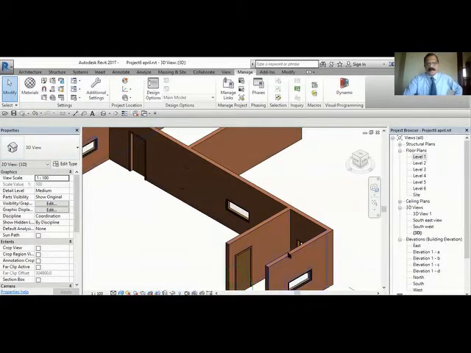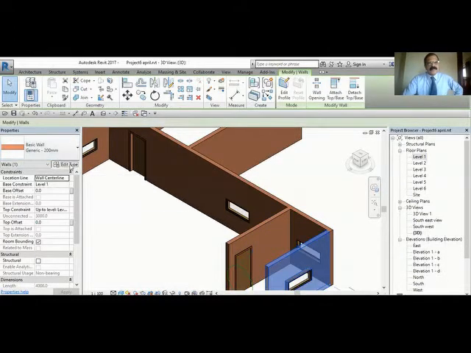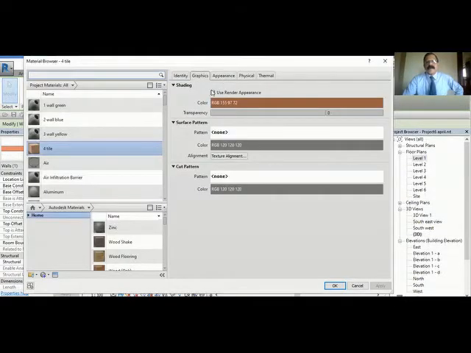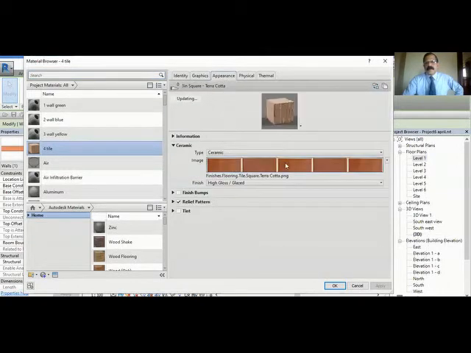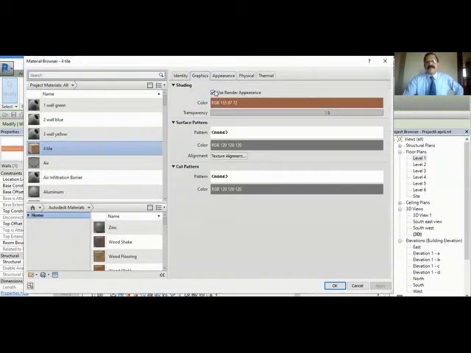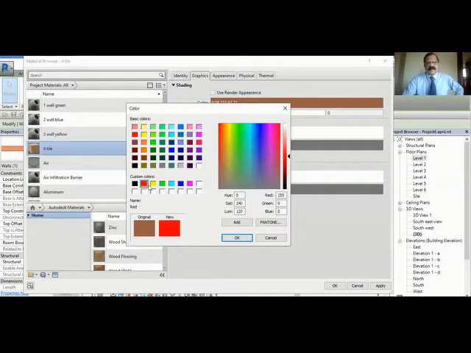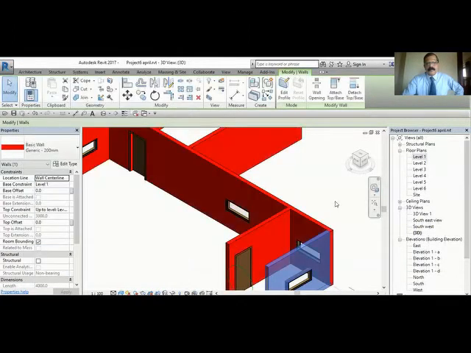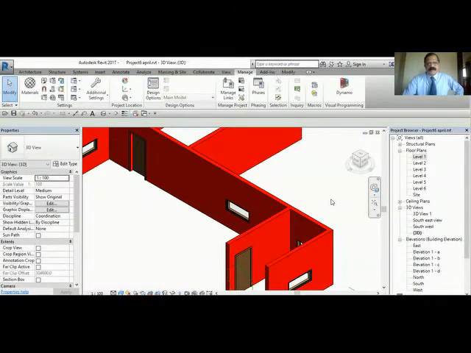Okay, you remember that? I click here, go here, edit here. Here you can see graphic. I ticked this, use render appearance. See, whatever you have here, that will be appearing because the tick mark is there. If you remove the tick mark, you will see only the red color. Okay, you have to change it back to red again. You see the red there. I hope you understood this.